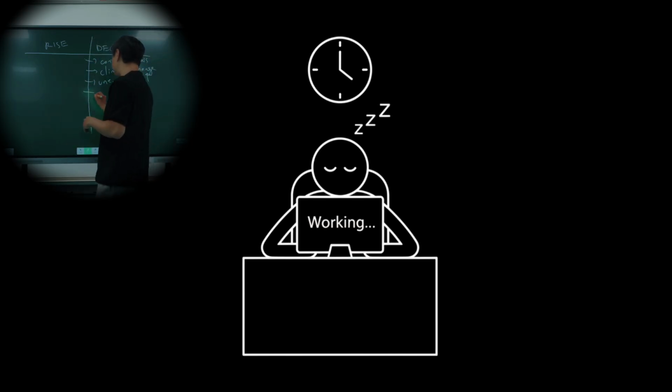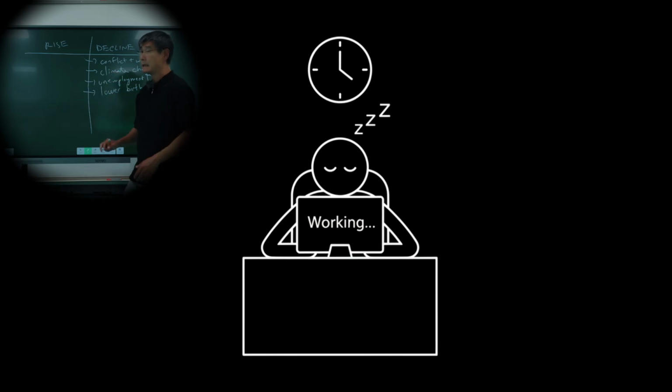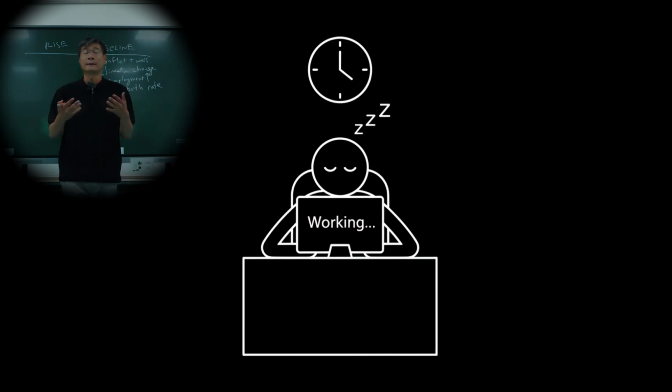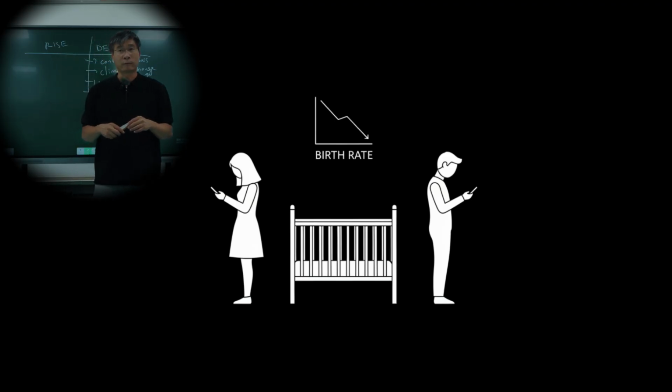So also you have lower birth rate. And this is a very important sign, right? Because if you think about it, if young people refuse to get married and have babies, eventually the world is going to die off, right? So this is actually a very important sign that the world is in decline. And we're seeing this happen throughout the entire world in all societies. The only exception is Israel and Georgia, but these are very small, rare cases. For most societies, there's rapid decline in birth rate. What are some other signs?